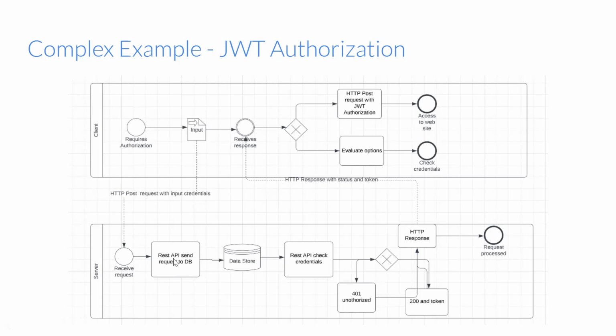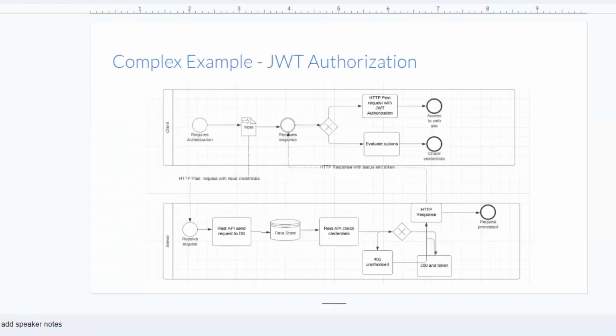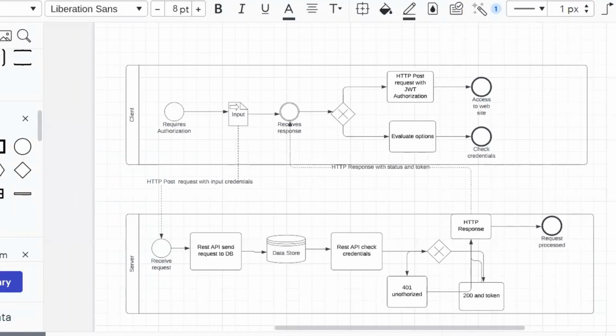If credentials are not identical, the response would be 400 unauthorized. In another case, the response would be 200 and the token would be provided to the client via HTTP response. And based on this response, client via exclusive gateway can either authorize using the JWT token and access the website, or evaluate another option and whether credentials are correct. So here is our BPMN diagram that I already